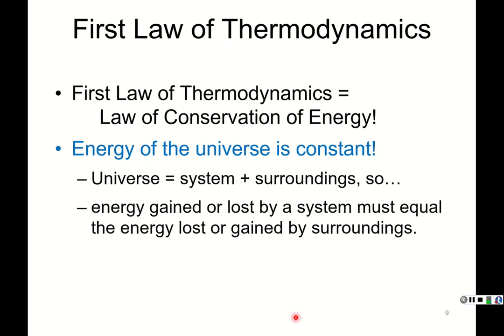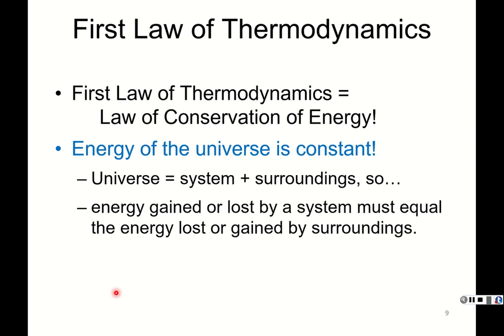That brings us to the first law of thermodynamics, and this one's probably the easiest one to remember. It's the law of conservation of energy. So the energy of the universe has to be constant. Okay? Remember, the universe is the system plus surroundings. So that means the energy gained or lost by the system has to equal the energy gained or lost by the surroundings. So if the system is gaining energy, the surroundings have to lose that same amount of